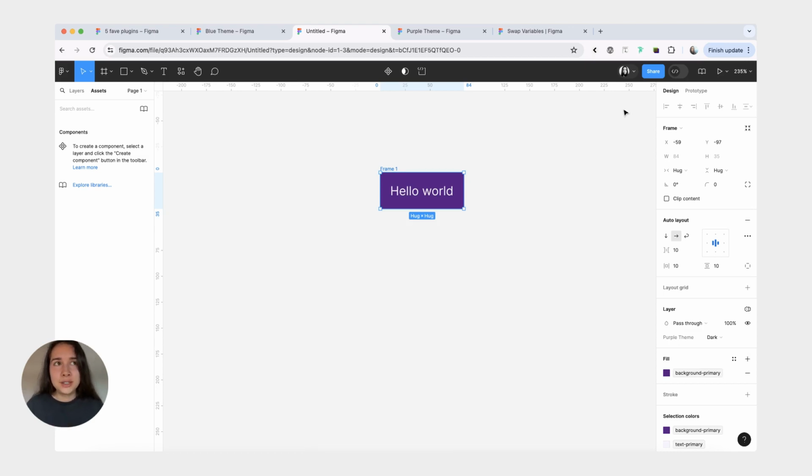So at work, we work with a lot of different ecosystems. And when variables first rolled out, and even before that, when we just worked with styles, the amount of colors, tokens, themes that we have to manage just made sense for them to be in different files. So when the variables rolled out, I kept them in different files. And then I realized, oh my God, we actually cannot swap them if we wanted to switch themes. So maybe I should have created one file for everything. Maybe that would have been the way to go. But anyway, it was already too late. So I actually first started trying to write my own plugin that would swap things. And then I came across Swap Variables, and I was very happy because it just saved me tons of headache.